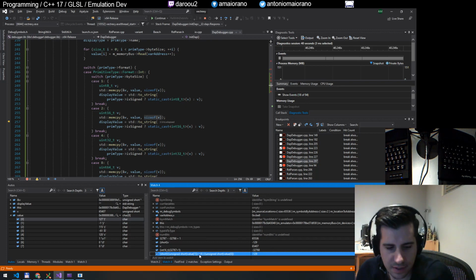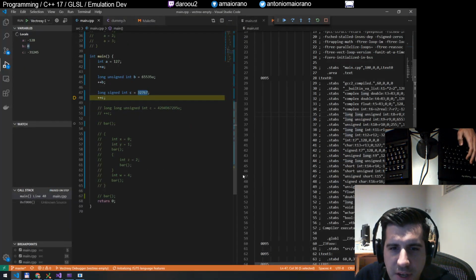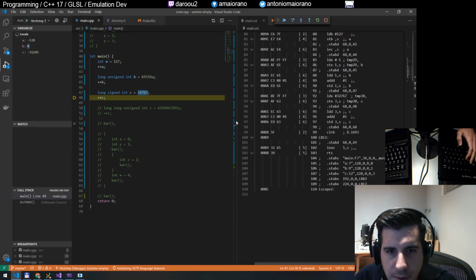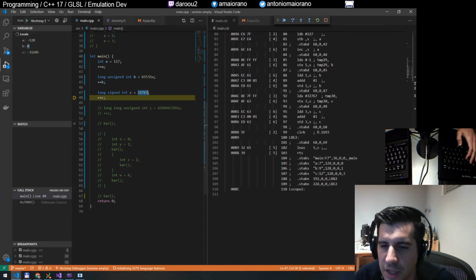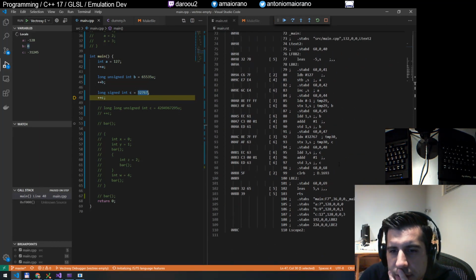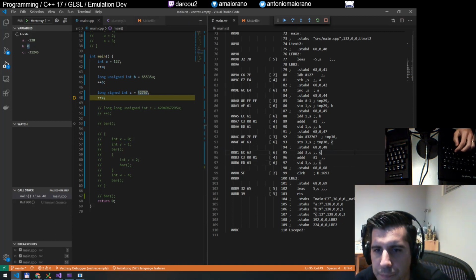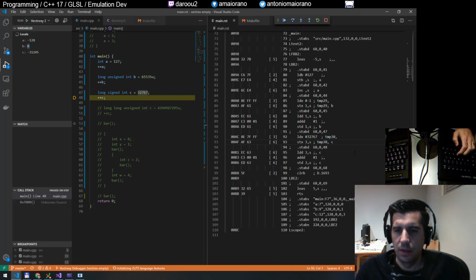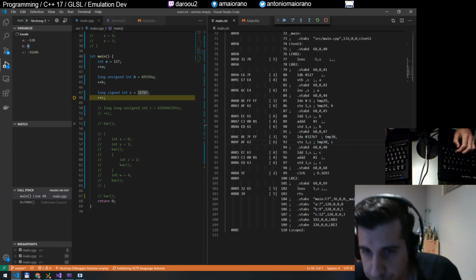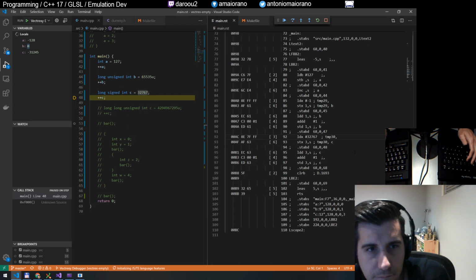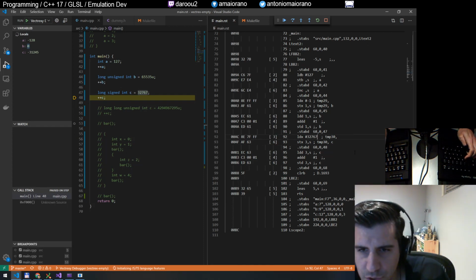What I'm wondering is, is the debugger doing something funky? Let's go see what the code looks like that got generated. I mean, not the debugger, sorry, the compiler. Is it doing something unexpected here? So if we look for C, so here's load X